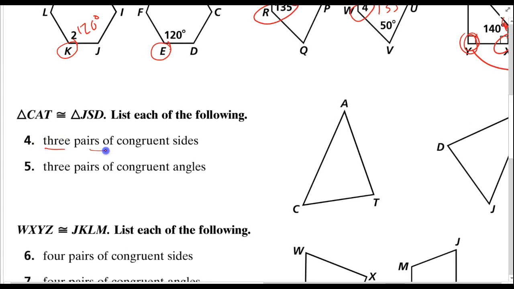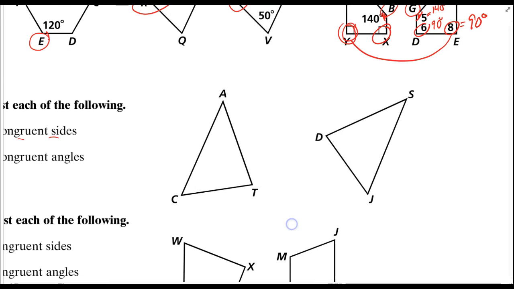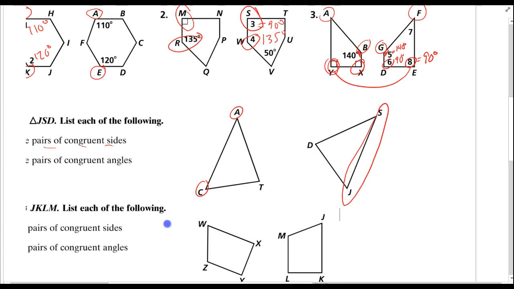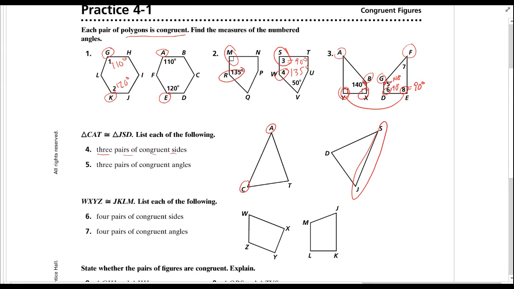Now, let's list 3 pairs of congruent sides. I would say A and C go with S and J, but I can't name them in order until I've looked carefully at the order that they give me here. So that means they named this C, start here, A,